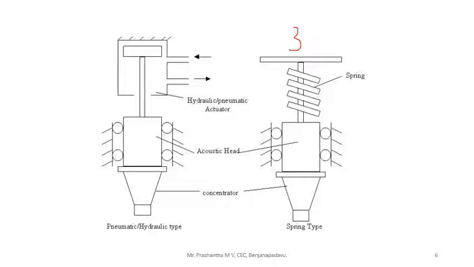So in most of the cases, the first two tool feed mechanisms are utilized, that are counterweight type tool feed mechanism and hydraulic or pneumatic type tool feed mechanism. These are some brief introduction about tool feed mechanism. Now we'll move on to process parameters and their effects.